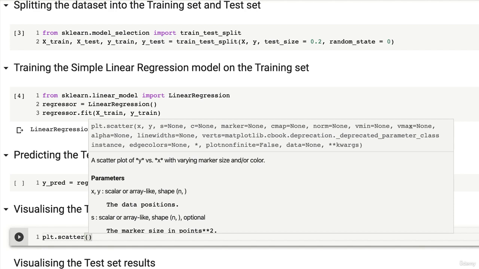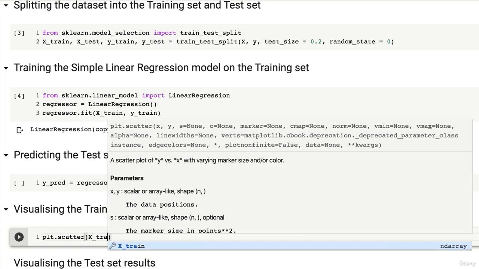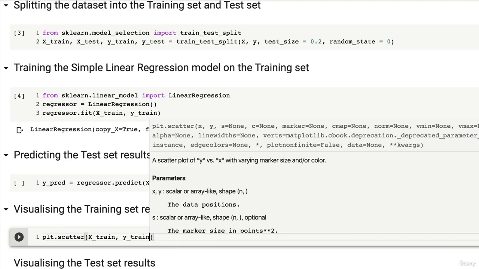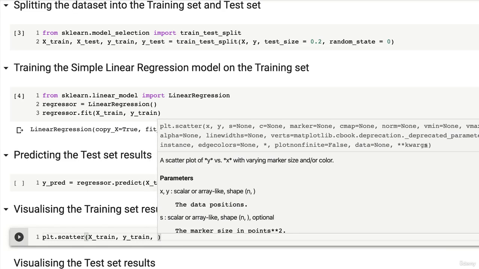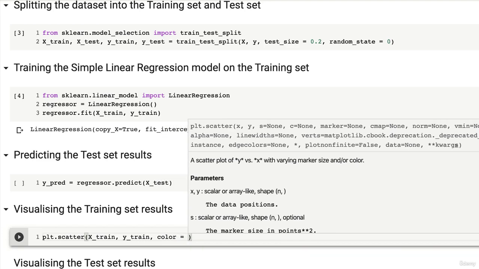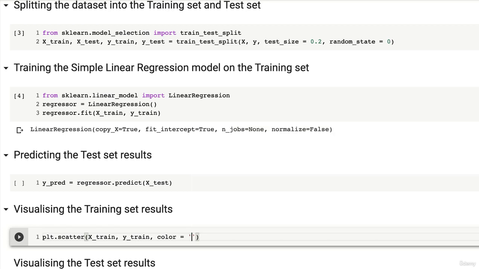Okay, so naturally what we have to input here are the coordinates of these red points representing the real salaries, and these coordinates are nothing else than x_train and y_train, right? Because remember, the x-axis will be the numbers of years of experience, that's what is contained in x_train, and the y-axis will be the salaries, and that is what is contained in y_train. So here, in scatter, we just have to input the coordinates. First, x_train for the numbers of years of experience, there you go, and then y_train for the salaries. Okay, and then we can add another argument, which is color, and which will allow us to choose a color of these points. And as we said, we're going to choose red.